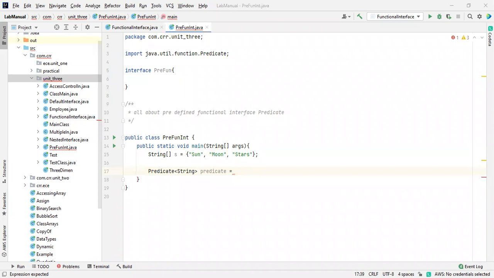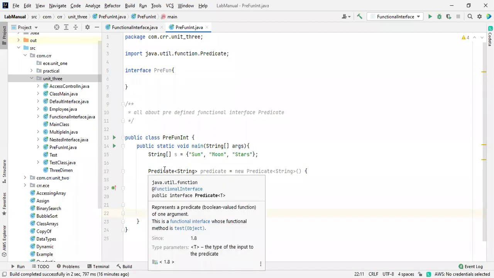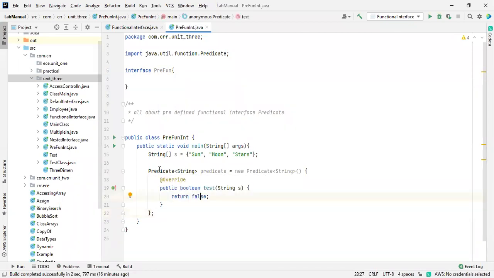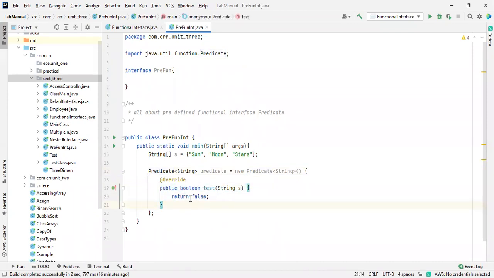And then new Predicate of, see this one. The previous thing we discussed about an interface: when I declare a particular name as an interface, there should be an implementation. What we discussed, the predefined Predicate functional interface consists of only one method. That's why Predicate and BinaryOperator, some more things are there. Okay, all these functional interfaces consist of only one abstract method. Please remember this, only one abstract method. Then only it is possible.